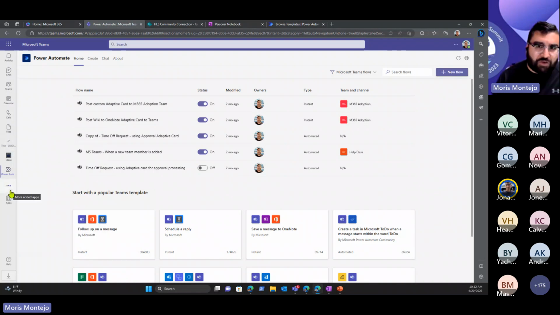And this is where, let me take a few steps back. For those that, as I mentioned on my last slide, don't see Power Automate in Teams, it's because it's blocked on your side. So one thing you can do to follow along on my next step, which is creating the flow, is go directly to, Jake, if you can post the direct link to Power Automate, you can go directly to